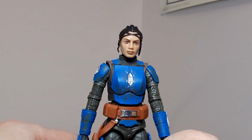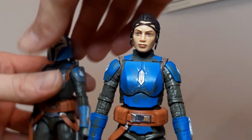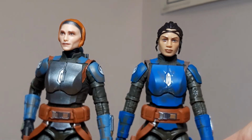2 fantastic figures. I've just started my process of making my lists. I've made the list of my non-Star Wars top 5, my VC top 5, and I'm working on my Black Series top 5. I didn't want to do it until I'd at least finished Koska Reeves. She had to come out, and Tech had to come out. So, because in my opinion, Bo-Katan here has one of the best facial sculpts we've seen this year, and I'm kind of on the fence of